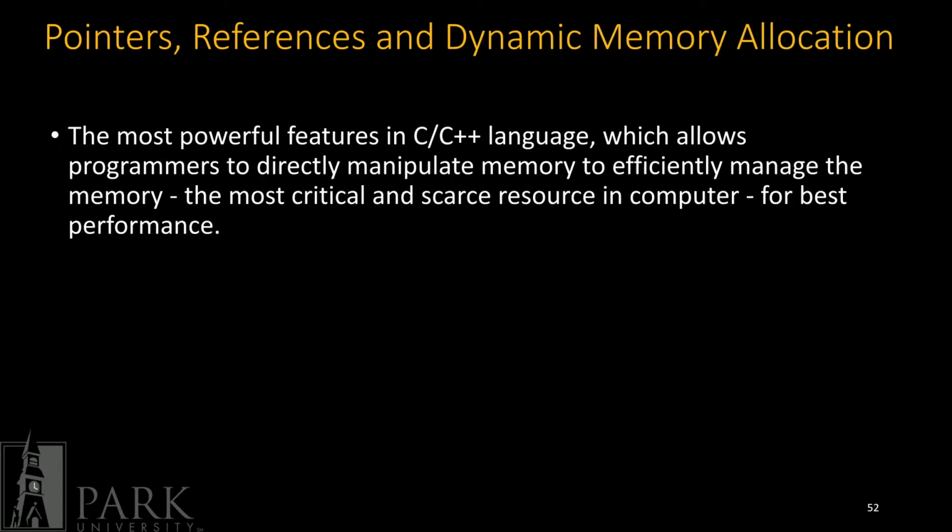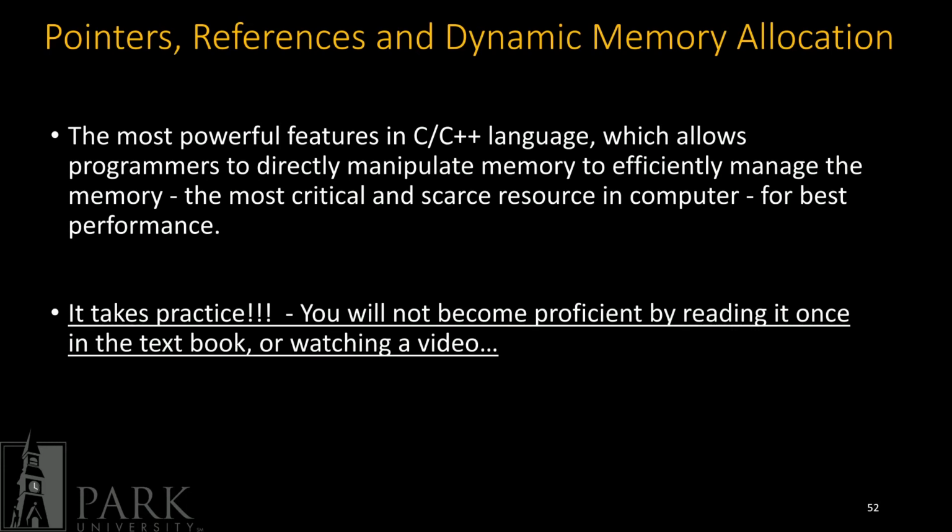Overall, pointers, references, and dynamic memory allocation are the most powerful features in the C and C++ language, which allow programmers to directly manipulate memory, the most critical and scarce resource in a computer, for the best performance. Okay, now you might argue that memory is not really scarce anymore, but there are still applications and times where you do need to micromanage your memory allocation. However, the pointer is also the most complex and difficult feature in the C and C++ language to understand and use efficiently and effectively. So don't worry if it takes you a while to get used to the concept,